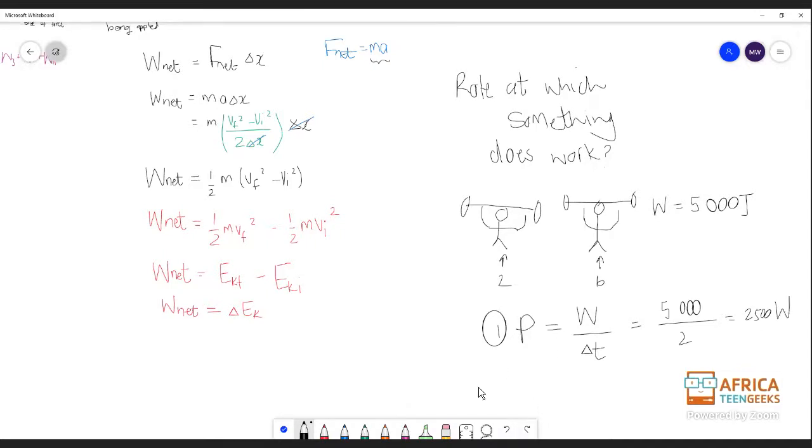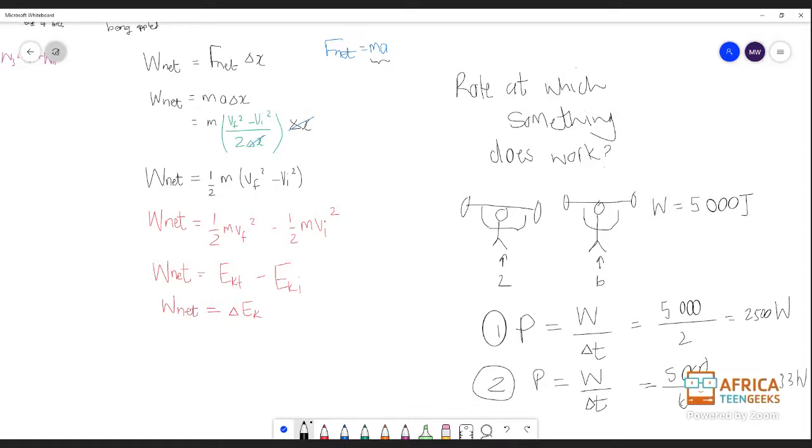And the second person is equal to work divided by change in time, which is 5,000 divided by 6. And that is equal to 833.33